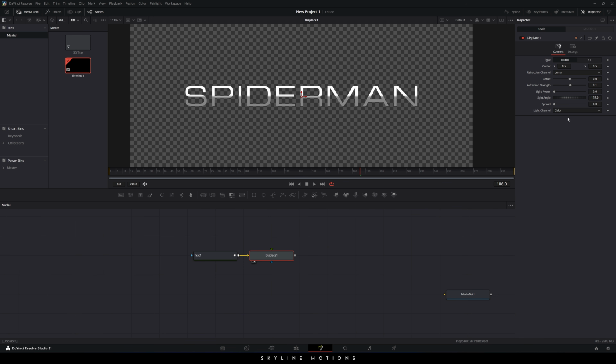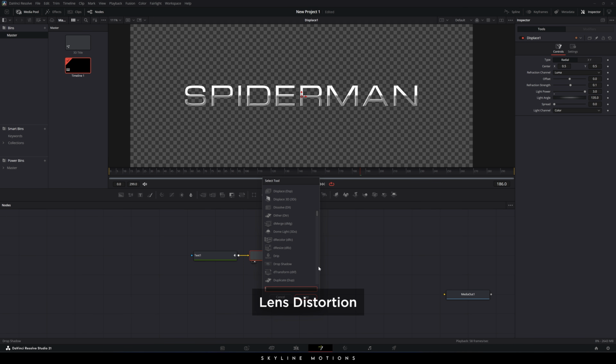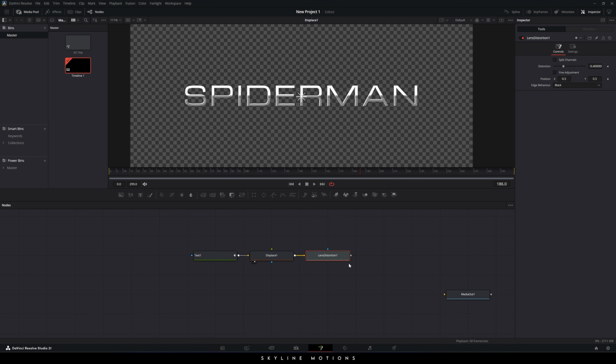Here we have many options, but we need only light power. So increase the light power and set the value 3, and now you can see it is absolutely like a 3D glossy text, which is kind of a metallic text. We have to add one more effect to make this text animation dramatic. So what we have to do, select the displace, hit Ctrl plus spacebar and search for lens distortion. So basically we have to add this lens distortion, not this one. So select this one, hit the add button, drag and drop this lens distortion to the viewer to get a preview